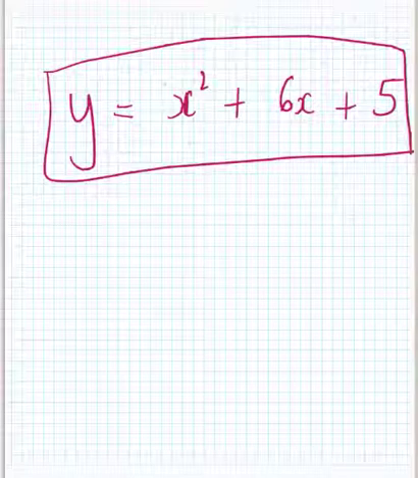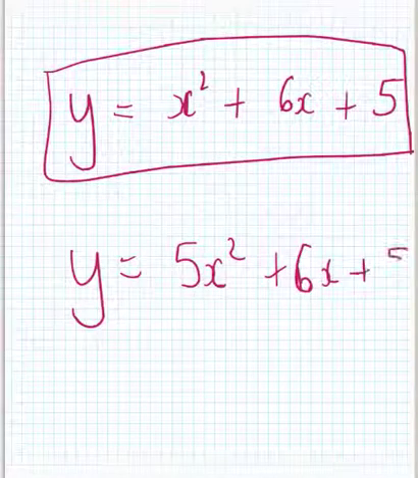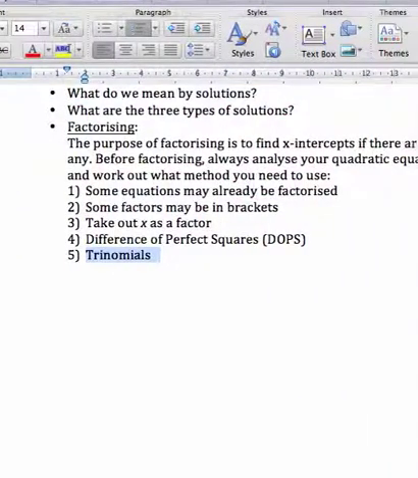The year 9 level, you don't have any numbers in front of the x squared, no coefficient, just 1. Whereas next year, you'll be factorizing things like this. For example, if you had a 5 in front of the x squared, you'll learn how to factorize something like that later on. But trinomials, there's a different method you need to use to factorize trinomials, and once again there's a lesson on that for you. So these are just some main points that you'll be covering